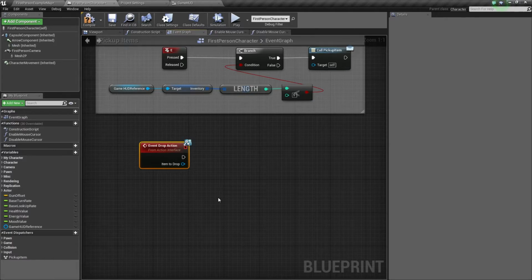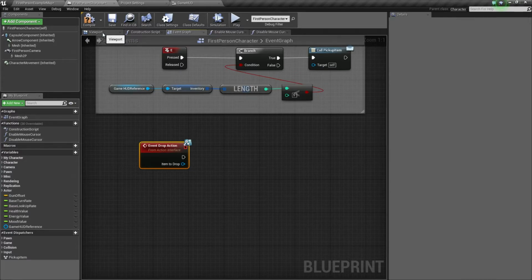And for this, what we're going to do, when we are dropping items or picking up items, we are not necessarily destroying those items because we still want reference to them. We are actually going to hide them and turn off their collision. We're only going to destroy the item when we have used the item. So what we're going to do here when we drop an item is unhide it and re-enable its collision, and then move the location of that pickup to a location near our player character. And to get that location near our player character, there's a bunch of different ways you could do it. We're going to cheat and do it a simpler way.